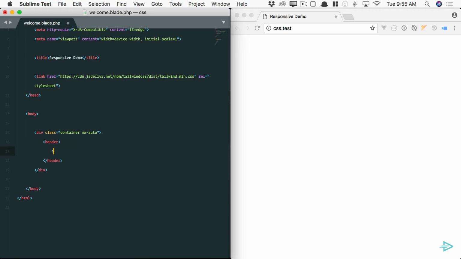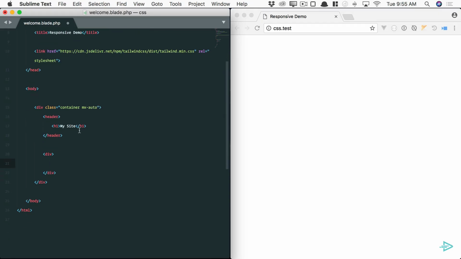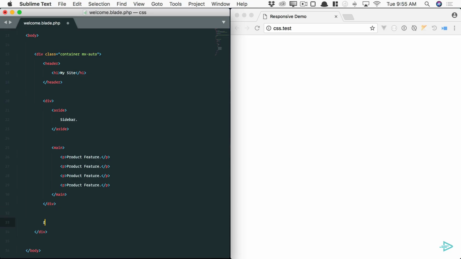And then we'll have a header section, and then a wrapper for the sidebar and our main section. So we'll do a side here, and then our main section, product feature, something like that. Finally, we need a footer. All right, so I have auto reload set up here, which means if I save it, we instantly see the